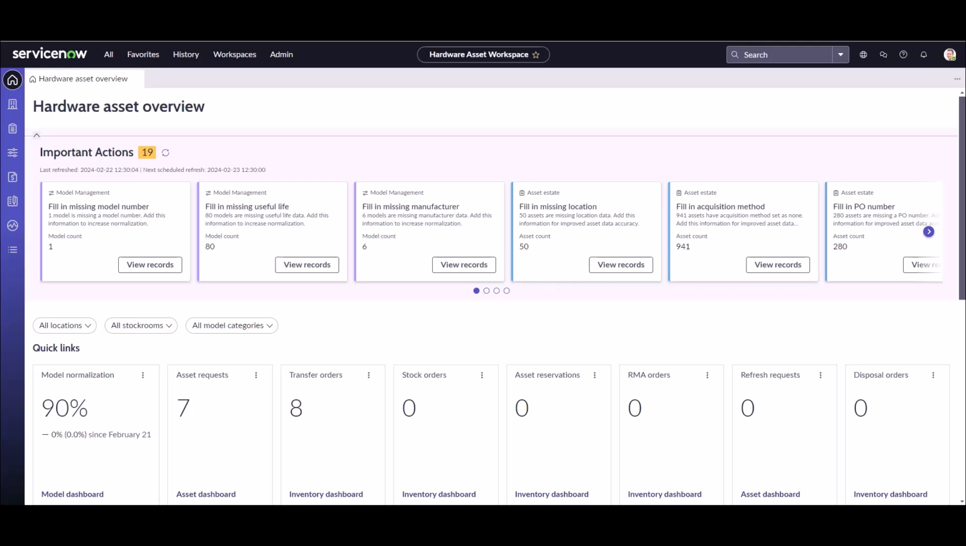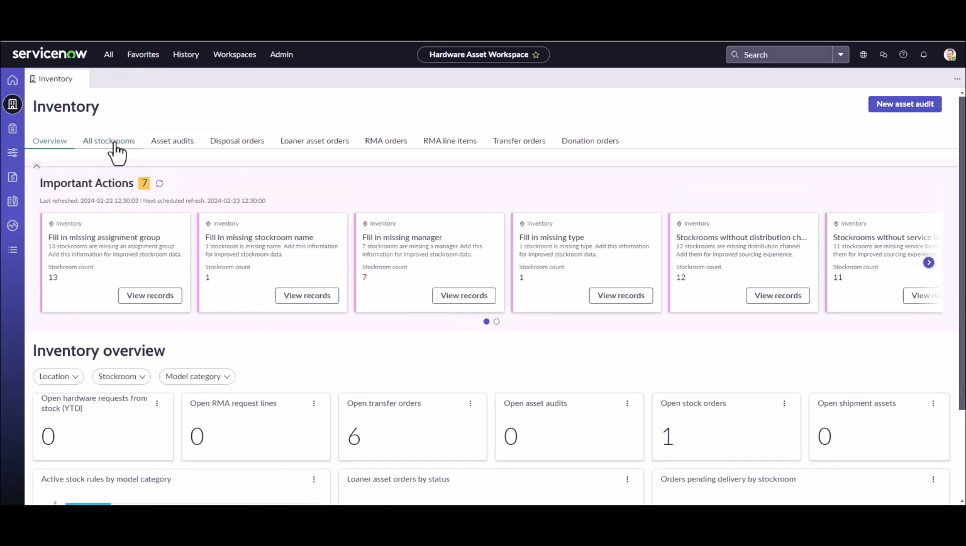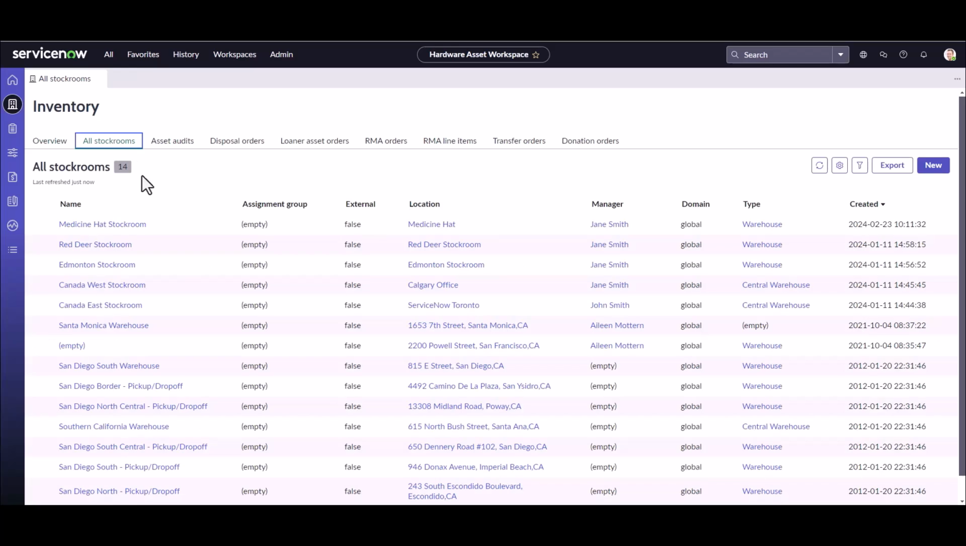I'm now going to jump into an instance and give you a demo of stock rules. Okay, so I have launched my instance, which is a Vancouver instance, which has Hardware Asset Management Professional installed. I've navigated to the Hardware Asset Workspace, and I'm going to go and establish stock rules. So I'm going to navigate to Inventory, go to my stockrooms, and I'm going to establish stock rules for the